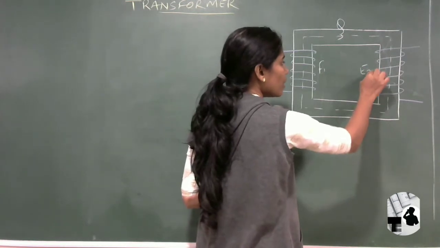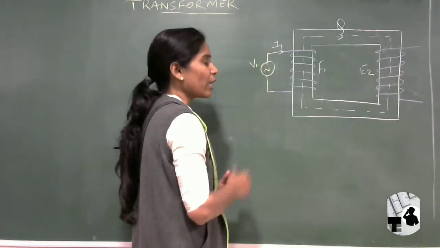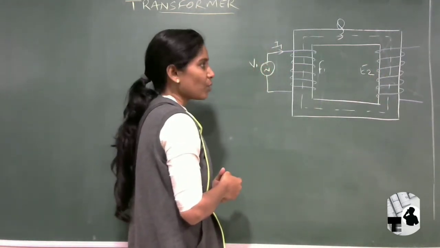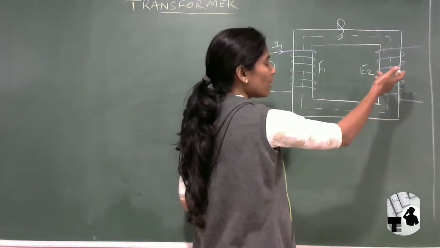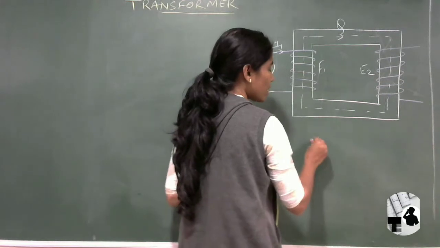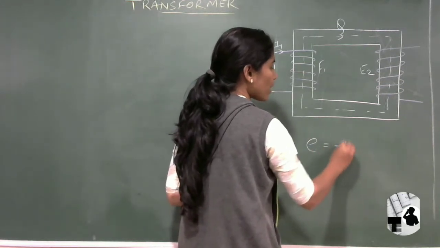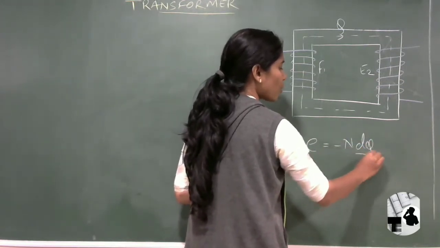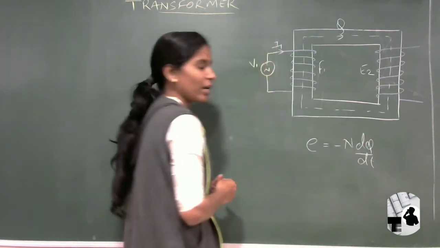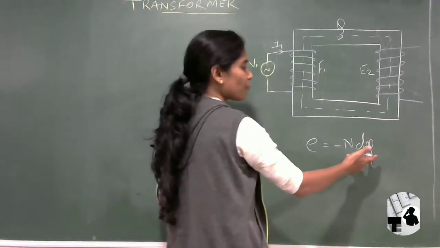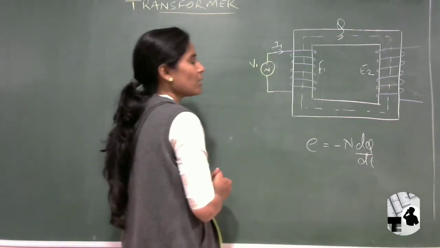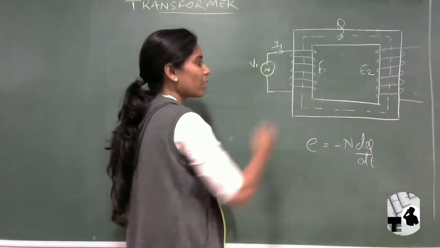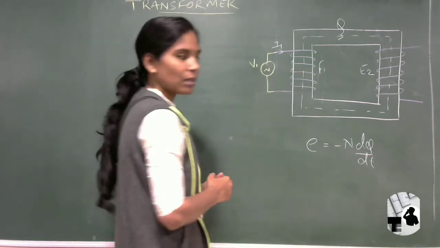Now the flux linking with the secondary coil gives us some EMF, which is called E2. Again, that will be of alternating nature, and this is the EMF we get as the output at the secondary side. That EMF is equal to minus N d phi by dt according to Faraday's law of electromagnetic induction, so when the flux is changing, we get some EMF. This is the concept and the complete lecture we discussed in the last lecture.